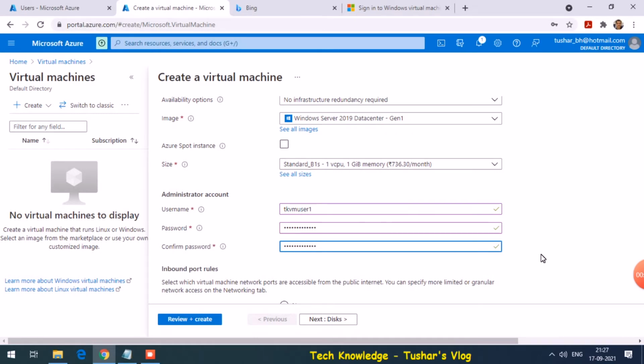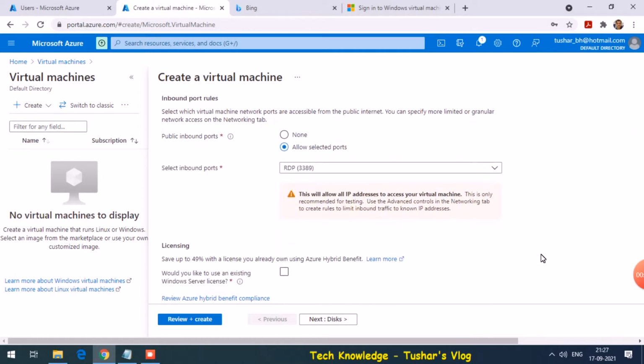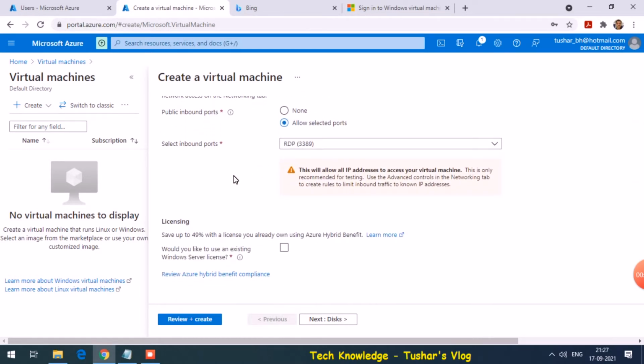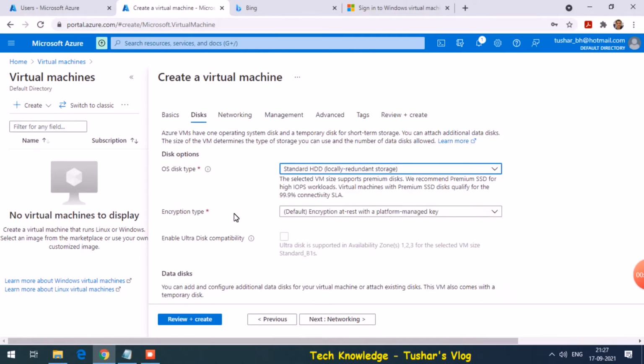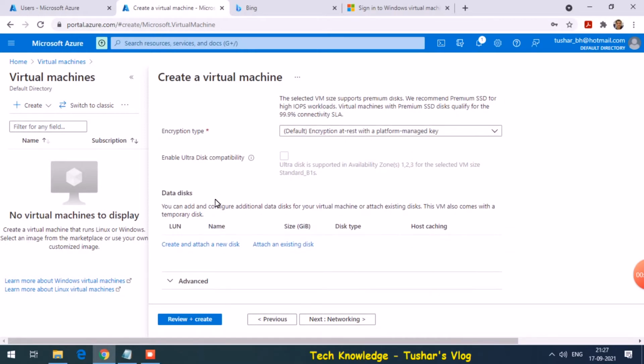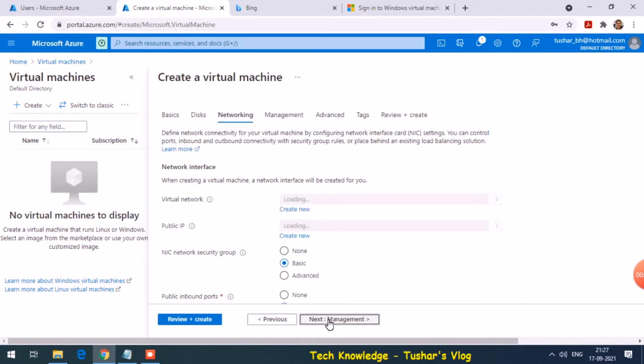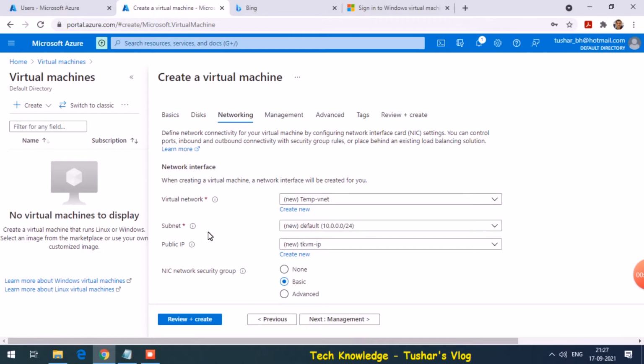Username TKVM user1. Port, just our 3389 port is fine. This is a demo VM, so standard hard drive should be okay. Operating system drive is enough, data disk is not needed.